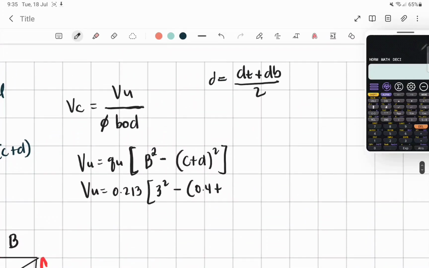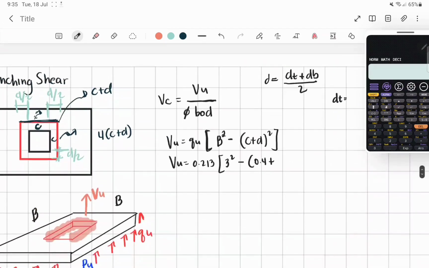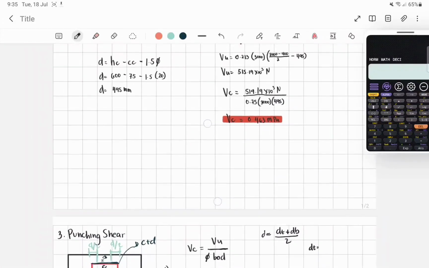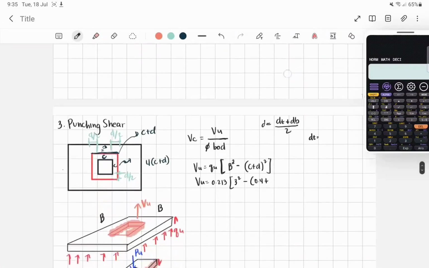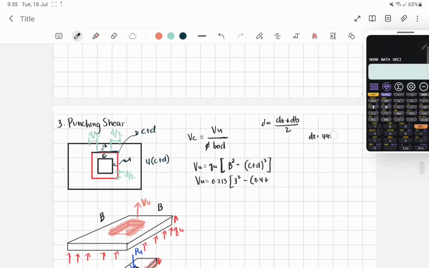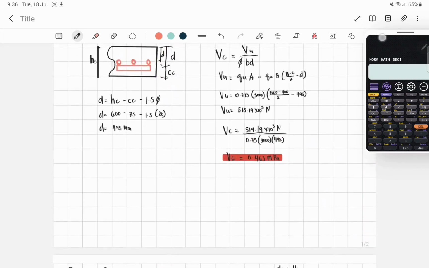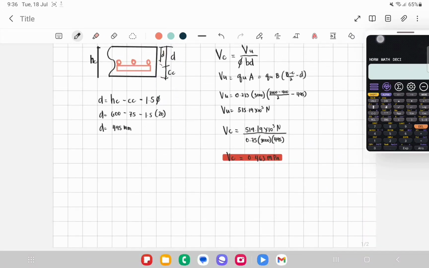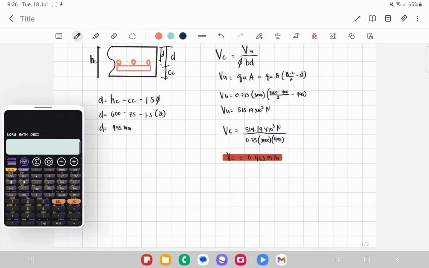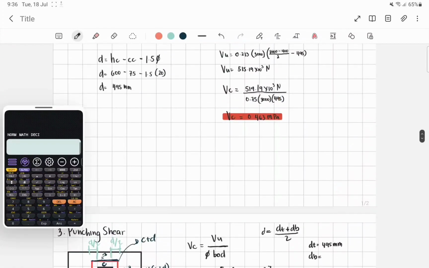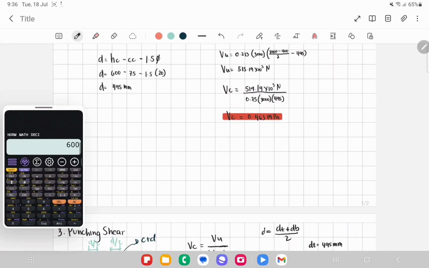To solve dt, the effective depth of the top bars, we already solved that in the first part: 495 mm. Then for the bottom bars, that is the 600 total height minus the concrete cover, which is 75. So 600 minus 75,